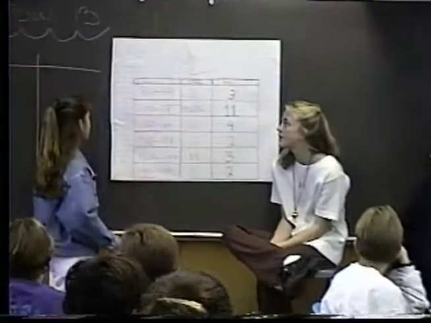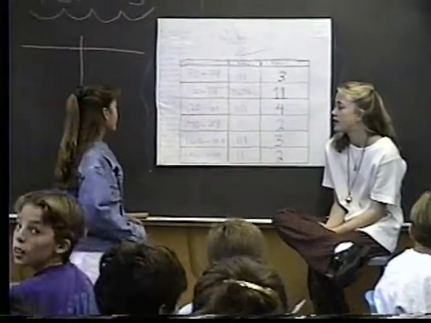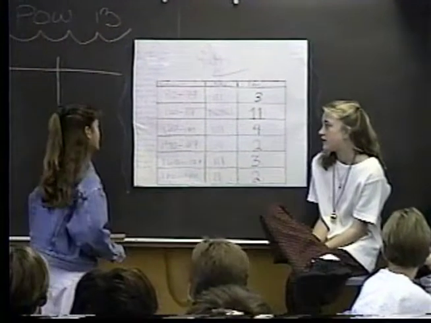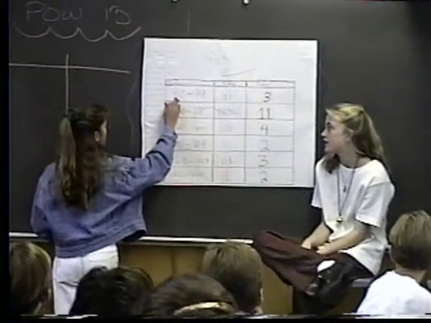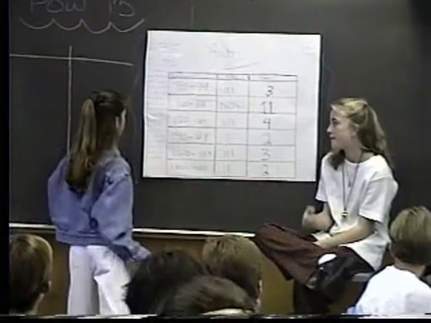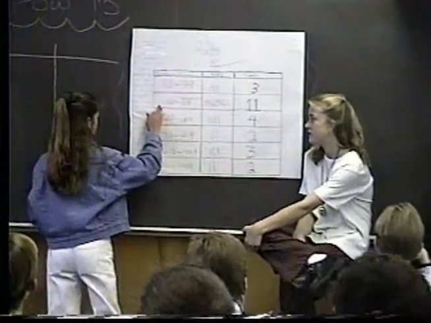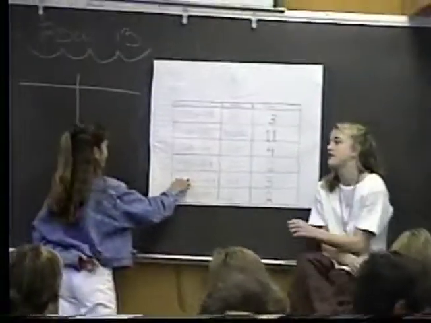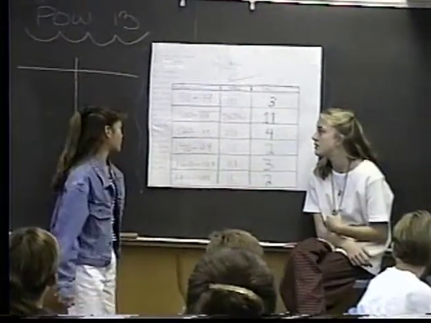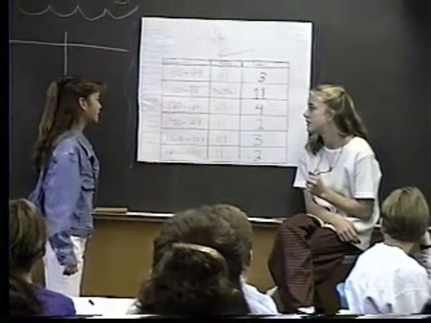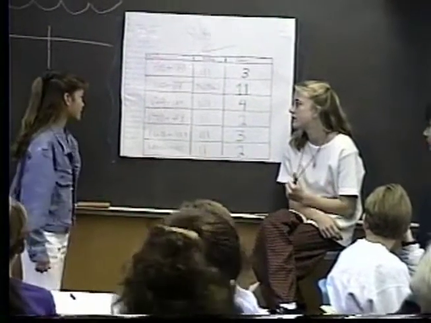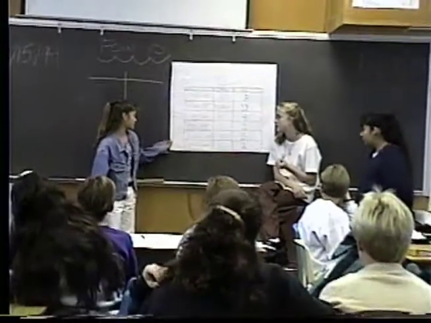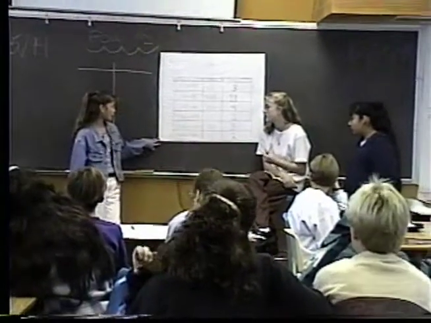This graph explains how much people weigh, and for example, it shows that 3 people weigh 80 to 90 pounds, and 3 people weigh 160 to 179 pounds, and it also shows that most people weigh 100 to 119 pounds because there are 11 tallies there. It will be a lot easier to determine the average weight by looking at the